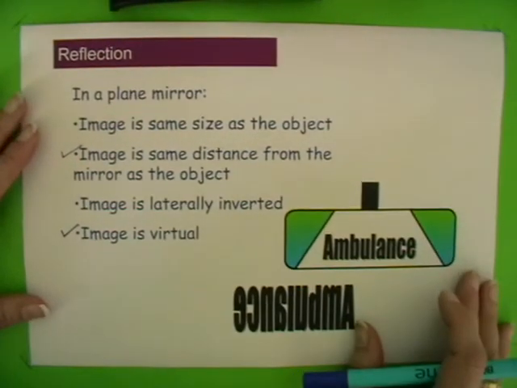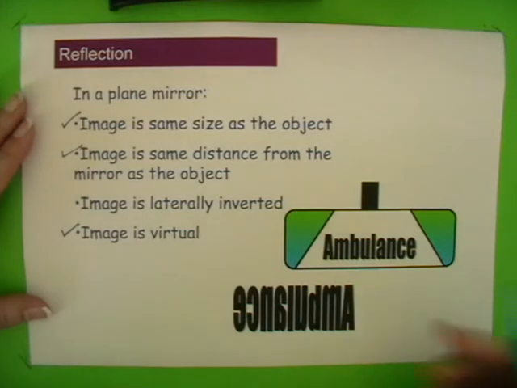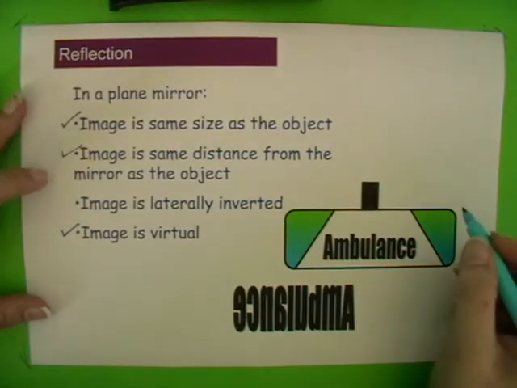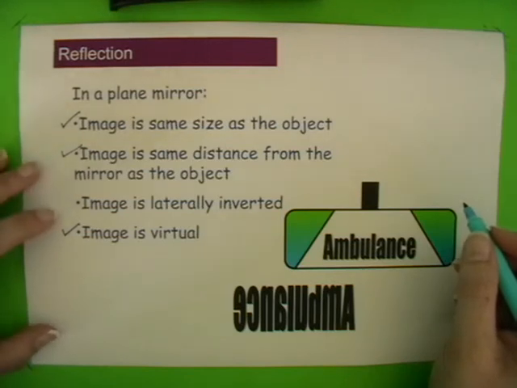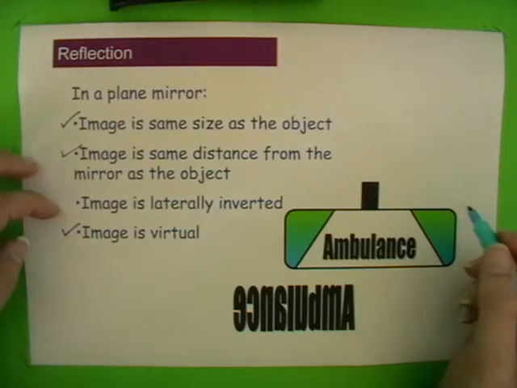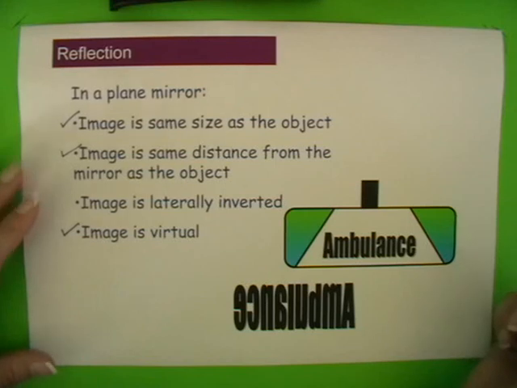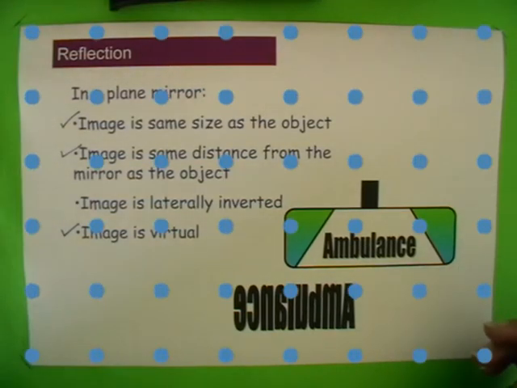So let's remind ourselves about the properties of reflection. In a plane mirror, the image is the same size as the object. If you look in the mirror, you're the same size in the mirror as you are in actual life. The image is the same distance from the mirror as the object, and we can do experiments to prove that. The image is laterally inverted. We know this because of the use in terms of the ambulance and the emergency services. And the image is virtual. And the statement that the image is virtual means